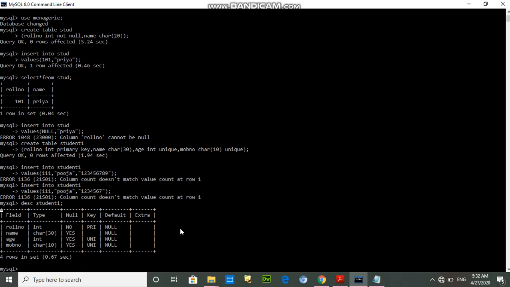There are 4 fields. First is roll number, next is name, and next is age. There are 4 values.